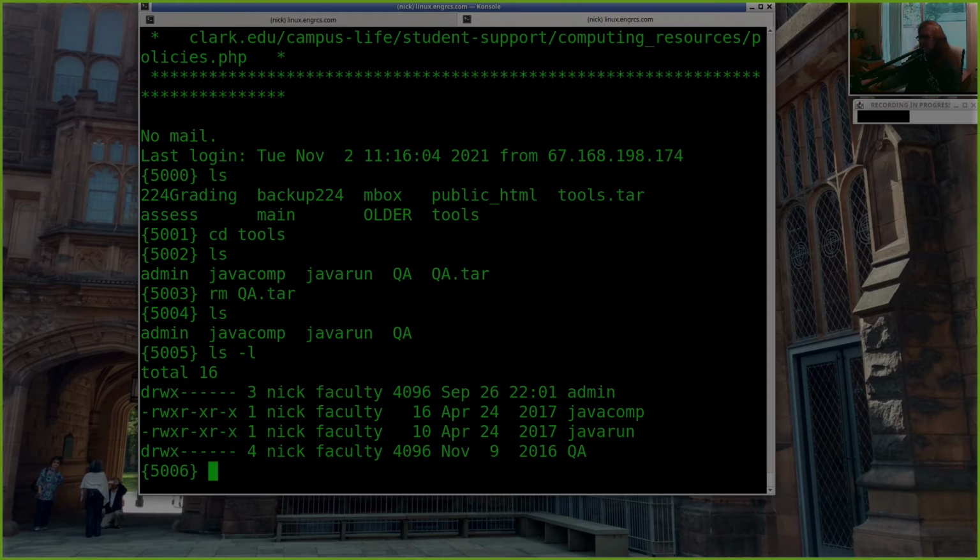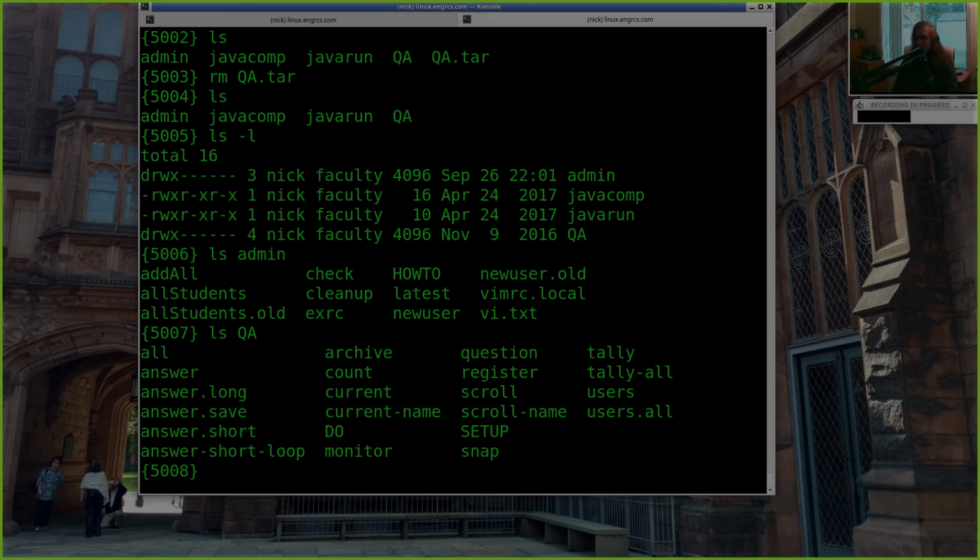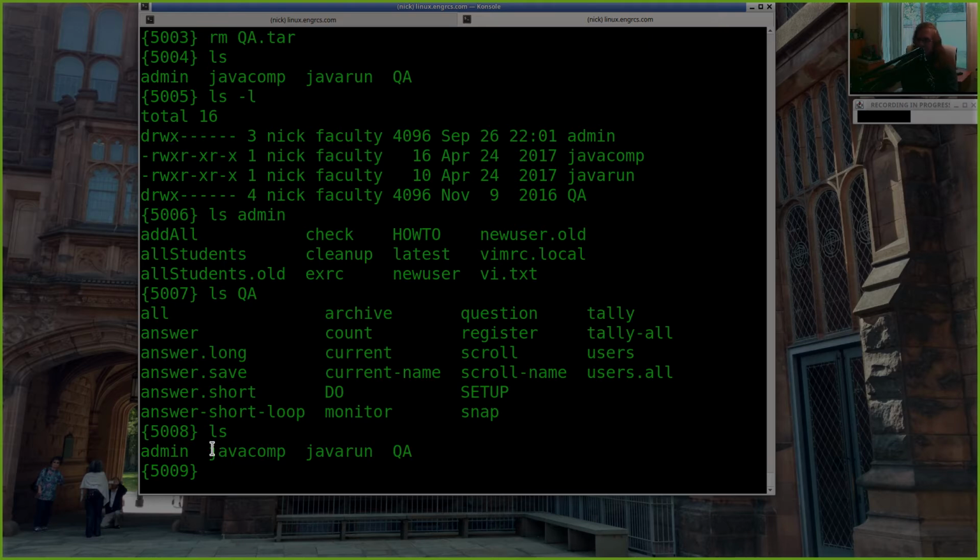So I have an admin directory where I do administrative stuff. This is my tool set for adding new students, creating new user accounts, cleaning up accounts at the end of the year, and so on and so forth. I have this QA directory where I have a utility for doing questions and answers online and so on and so forth.